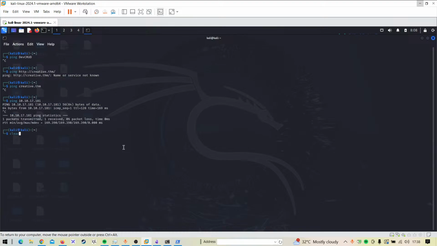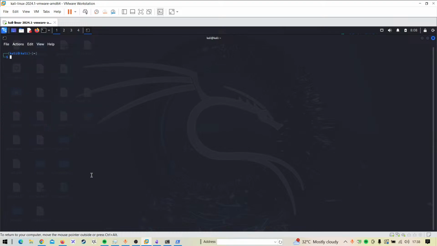Dang it. Yeah, I don't need to connect OpenVPN because I've connected as a NAT on my main system, so it's already in the machine's network. So we'll just need to do vim /etc/hosts and just add